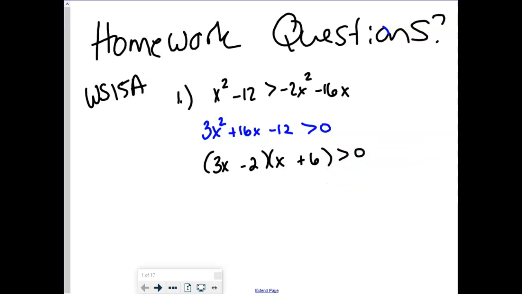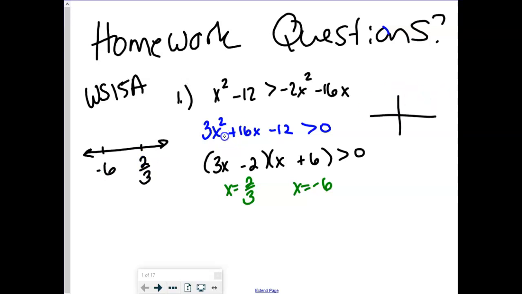So your 2 x-intercepts, which I know some of you were like, I just graphed it and looked for my x-intercepts that way. Awesome! Also another way to do it. But you do get 2 x-intercepts at 2/3 and at negative 6. So I really love when you guys do a hybrid approach of a sign chart along with a visualization for it. So if you know you have an x-intercept at negative 6 and at 2/3, and you know because of the nature of this quadratic that it was an up-opening parabola,